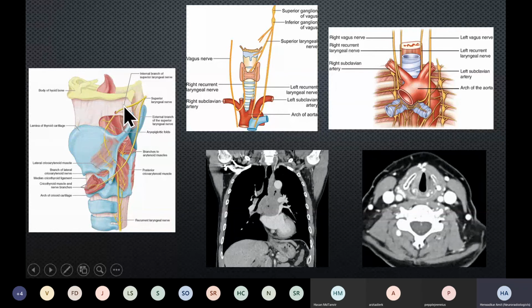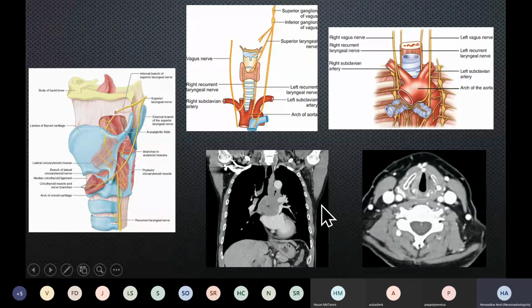So the recurrent laryngeal nerve, as I said, is worth mentioning because it has a very unusual course, and the unusual course is that it goes all the way down into the mediastinum. On the right side, it hooks the subclavian artery and then ascends back and supplies the cricoarytenoid muscle, which is the muscle of larynx. And on the left side, it has to take a much longer course because it has to go in underneath the arch of aorta as it hooks back up, and this makes it more prone to diseases